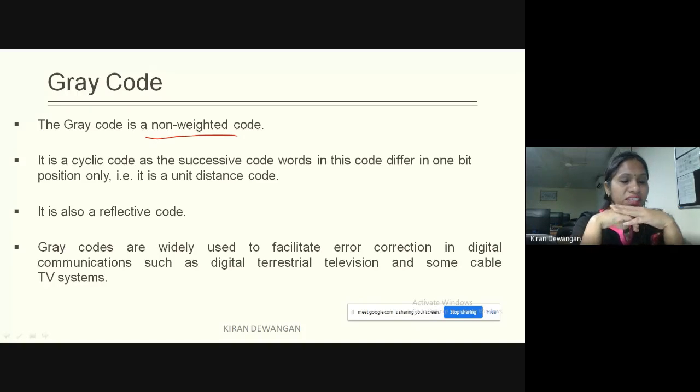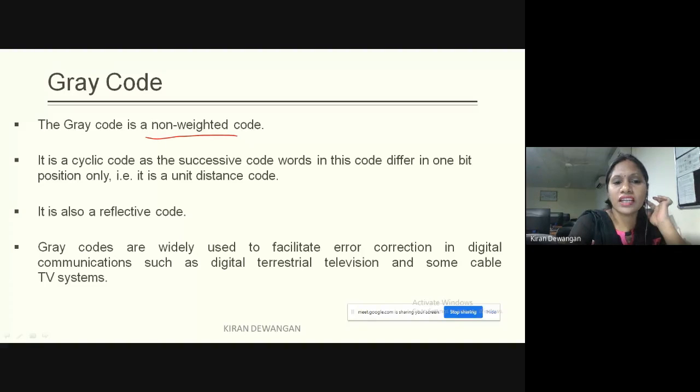This may come in the exam just for a 2 marks question or for an objective question. अगर MCQ आएगा तो non-weighted code can be asked. What is a non-weighted code? Reply students, what is a non-weighted code? Anyone who can just put your mic on and reply. Bits having no weight. Bit positions having no weights. Clear? Bit positions are having no weight. Bits are assigned with no weights. There is no weighted system assigned to any of the bit positions. That is a non-weighted code.